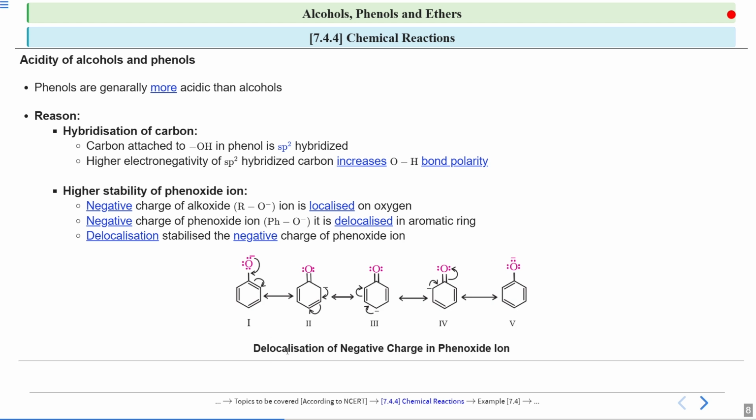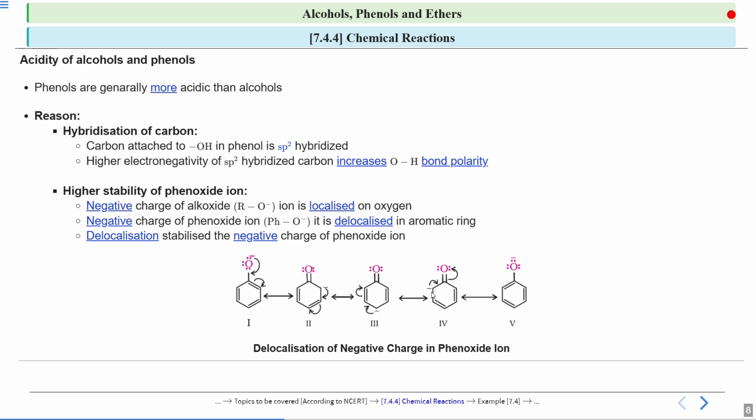Now see this delocalization of negative charge in phenoxide ion. You all must have seen this in your class 11th standard, how this resonance is happening. So see, this negative charge on this oxygen is not localized. You will see that this negative charge is distributed in the whole ring. First it was on this oxygen, then now see it has come on this ortho position. And with that your pi electrons are also moving, because this is aromatic here. Now see, this negative charge came on the ortho position, again it will come to this para position, and again it will come to this ortho position.